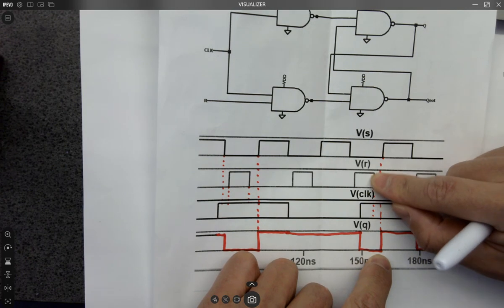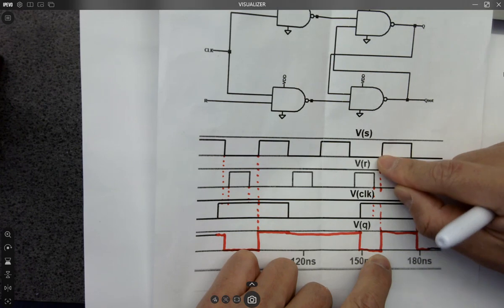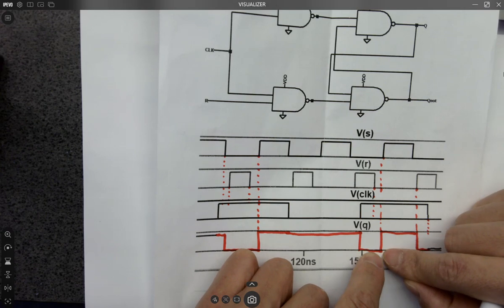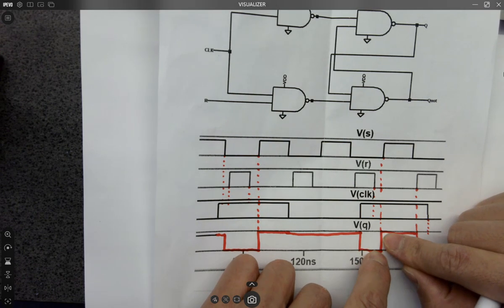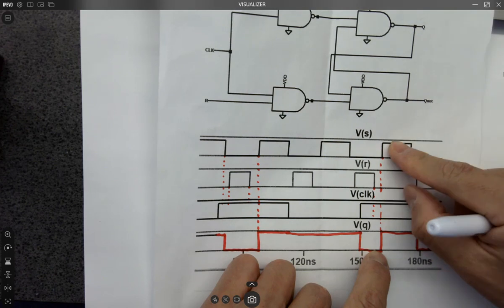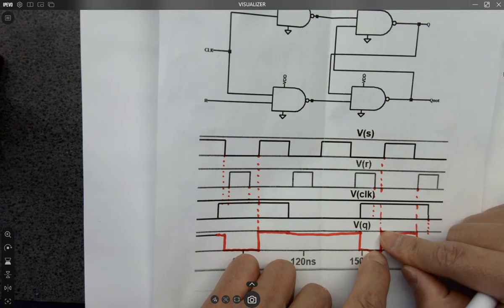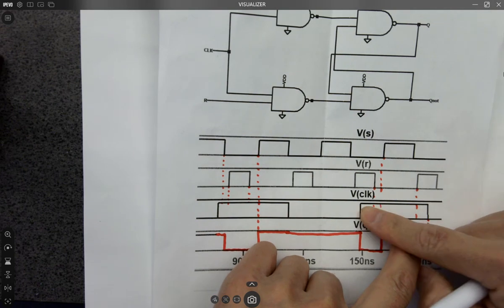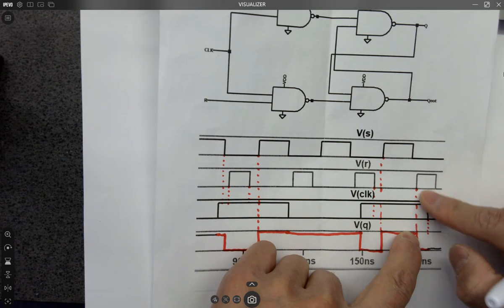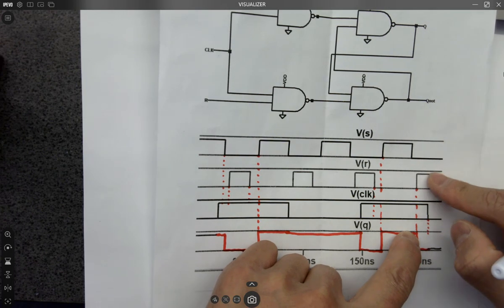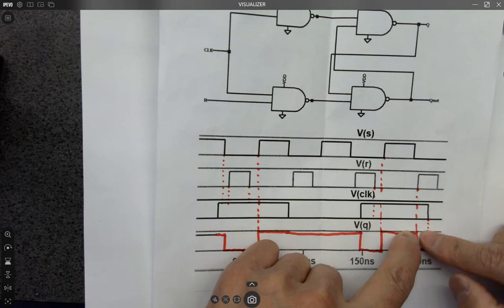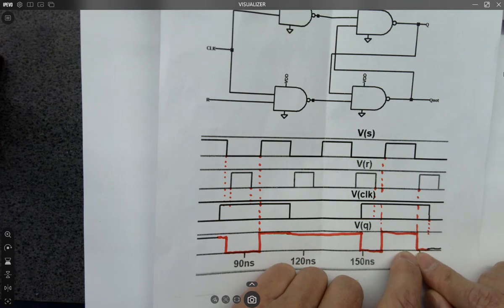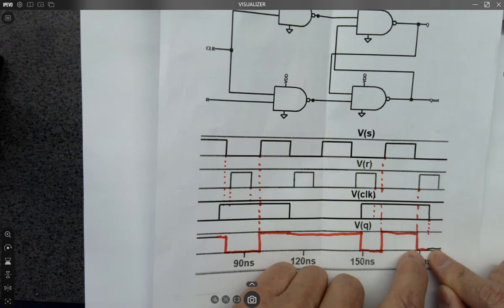R is not 1 anymore. However, both S and R are zeros. It's going to be a memory. So extend that 0 a little bit to this point. And then your clock is still on, and your S and R become 1, 0. So it's going to put up to 1 to this point. You can see clock is still on, which means it's still enabled. Then R becomes 1, S is 0, so it's resetting it. So you have to put it down to ground and connect your ground signal to this little existing 0 here